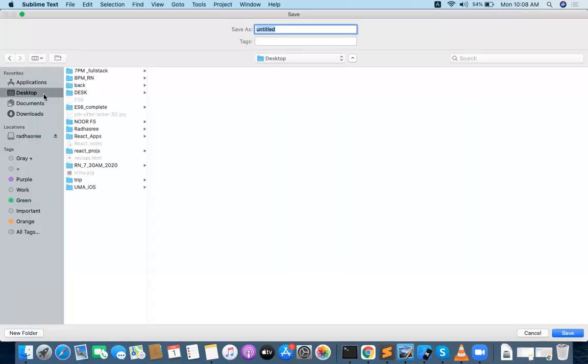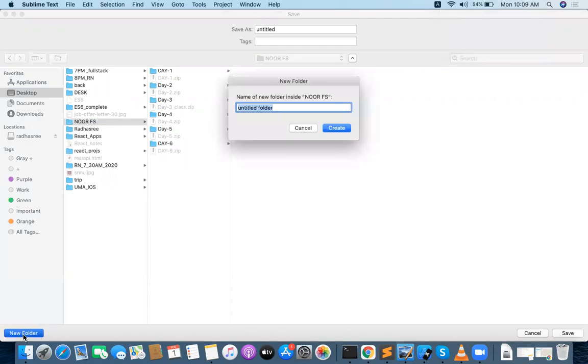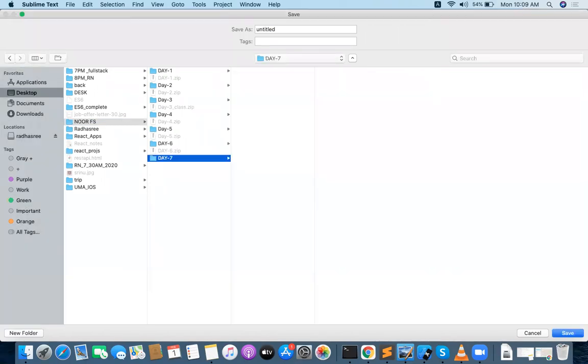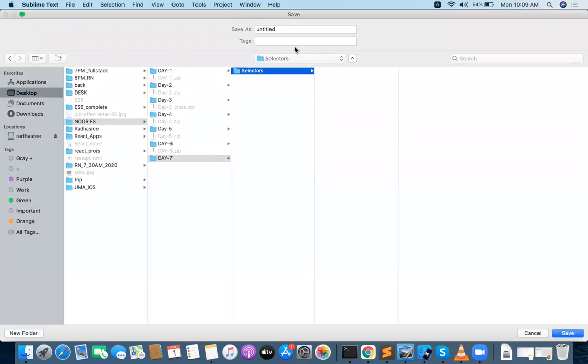Take a new program, new folder, and this is day 7 now. I want a folder called selectors. Inside selectors, I want to write the first selector.